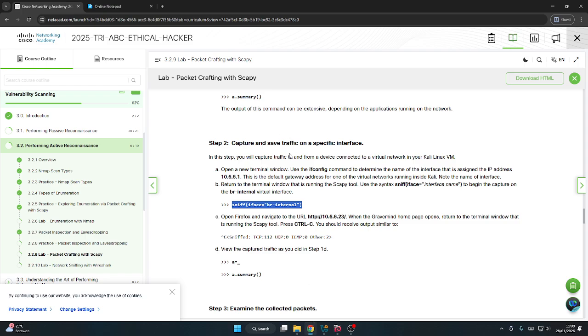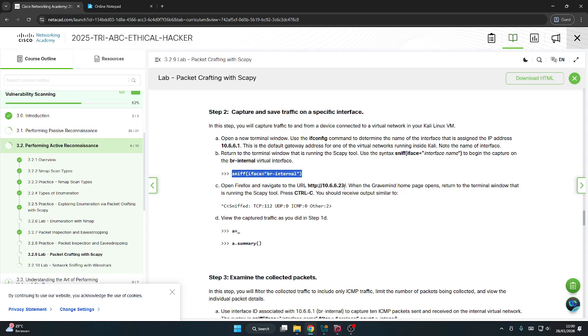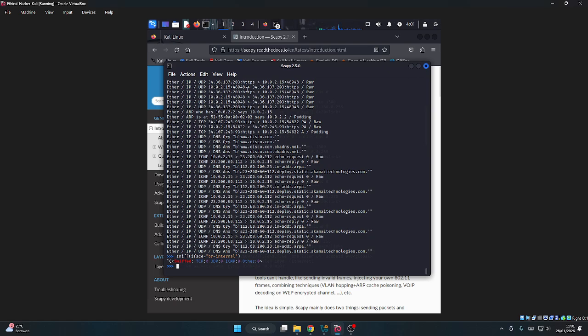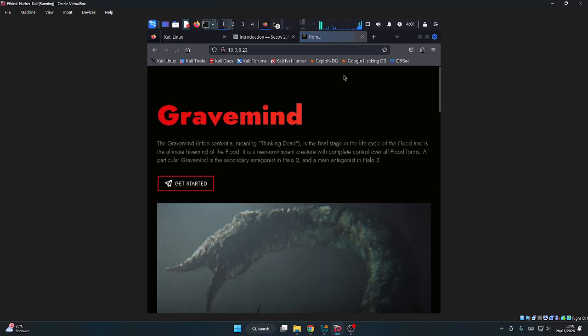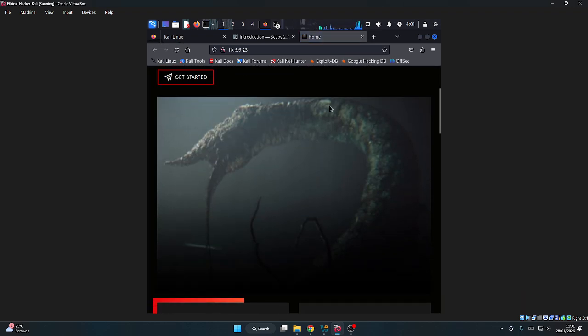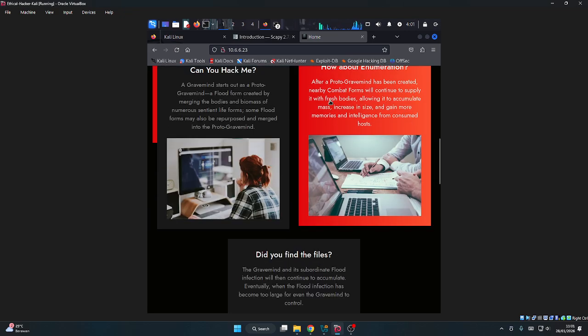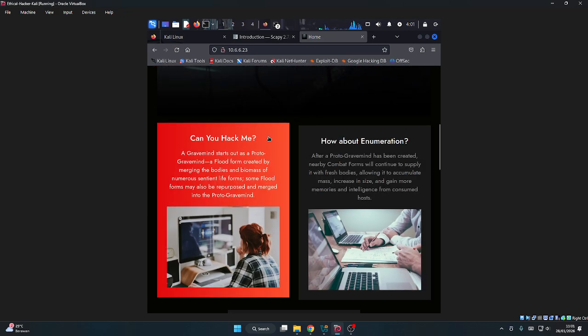But here the Firefox will. Try to open the Firefox and press go. Here's mine. Okay, about the enumeration.